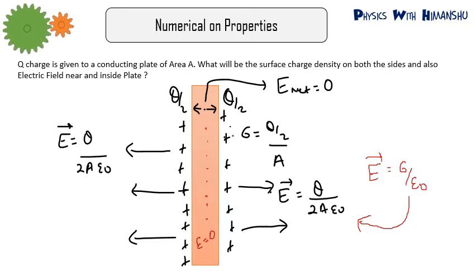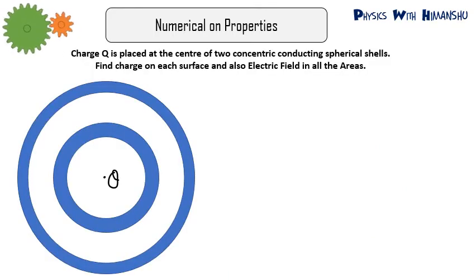Now we have some more numericals related to this property. Suppose a charge Q is placed at the center of two conducting spherical shells. Find the charge on each surface and also the electric field in all the areas. So a charge Q is placed at the center of this